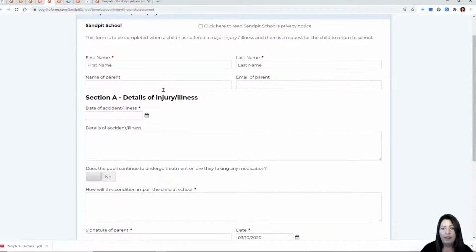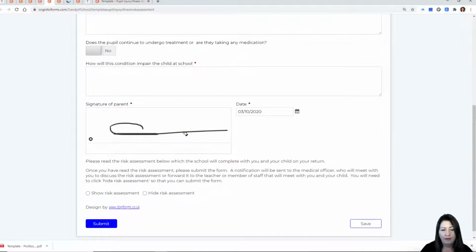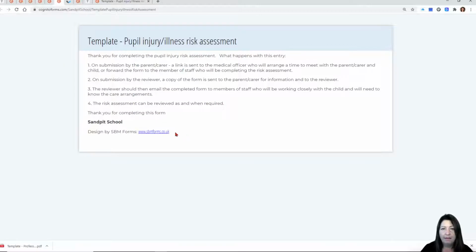So the parent will complete the form detailing the information that they know about the incident. When they click submit, they'll be presented with a page like this, which tells them exactly what's going to happen with this entry. So on submission, an entry is going to be sent to the medical officer,